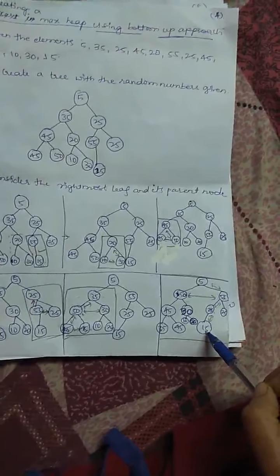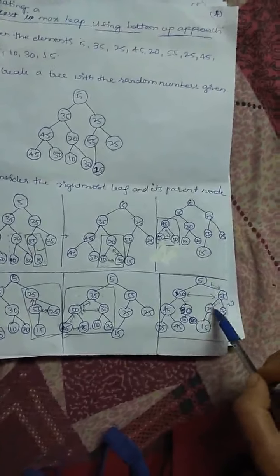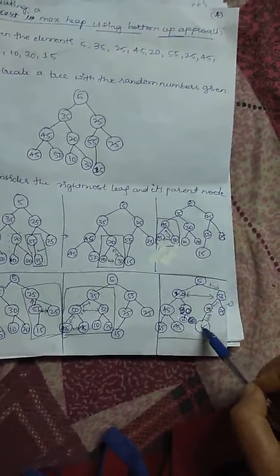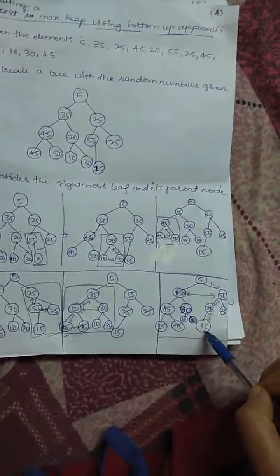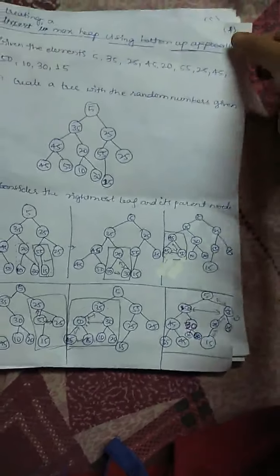So what have we exchanged now? Here we have got 55. Here we have got 25. And here we have got 15. And here we have got 5. That is what we will be having here